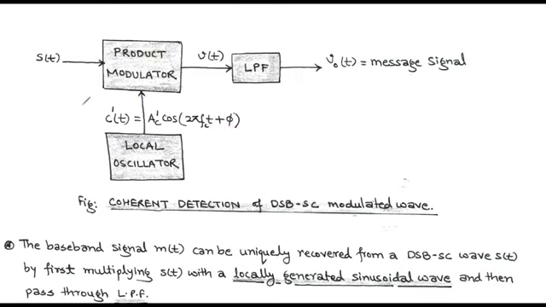These two inputs are given to the product modulator of coherent detector, and the output of the product modulator is given to the low pass filter. After passing through low pass filter, we get output that is proportional to message signal. The low pass filter is used to eliminate all the unwanted frequency components, that is high frequency components, and we get the output of low frequency signal that corresponds to message signal, because we know that the message signal is a low frequency signal. So at the detector side we use a low pass filter to detect the message signal.